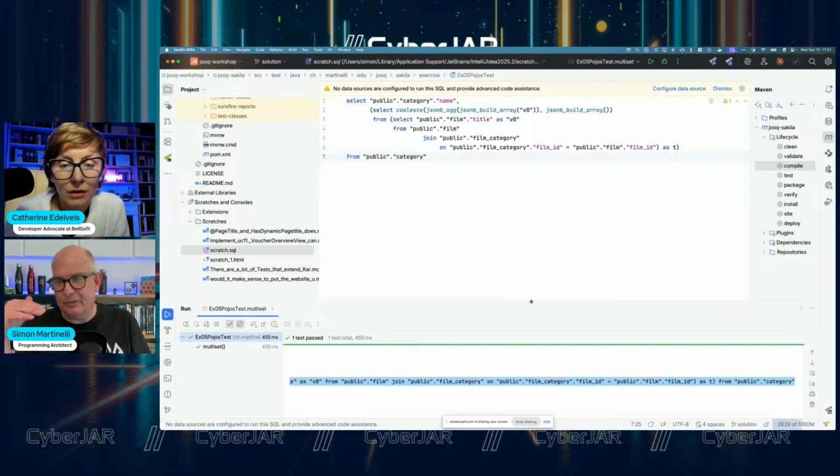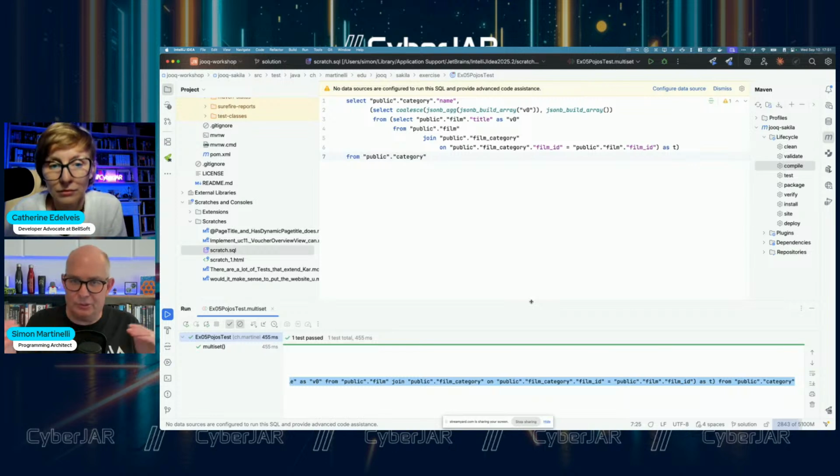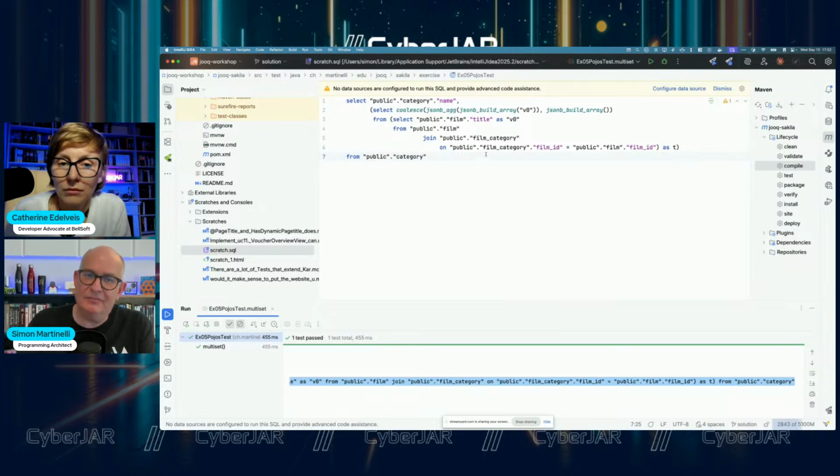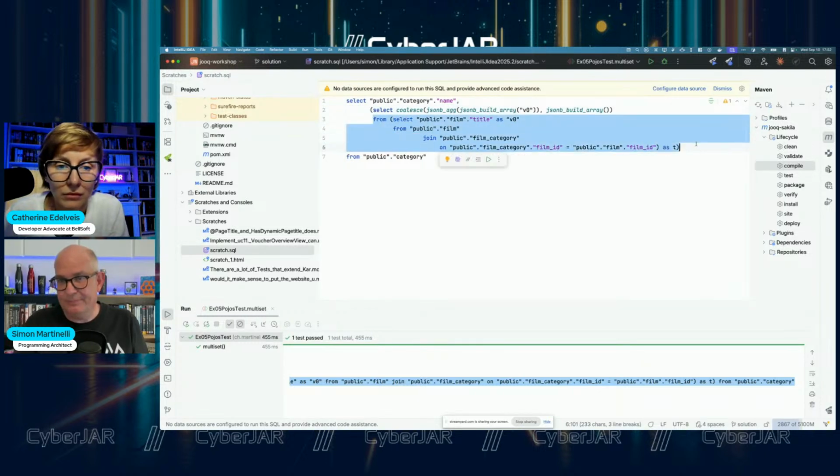Since jOOQ is also an abstraction of the database, you can move to another database and keep the queries, because jOOQ will take care of the SQL dialect of the underlying database, how to build the query and how to execute it. And here we just use JSON aggregate and a build array. And here we see a kind of nested table that is used for the film category.